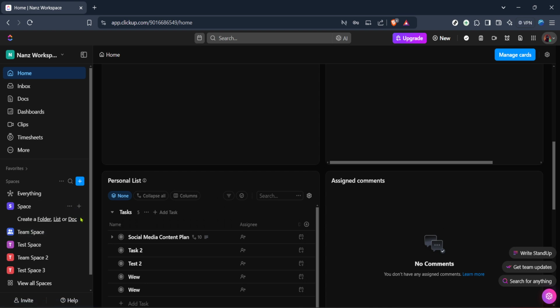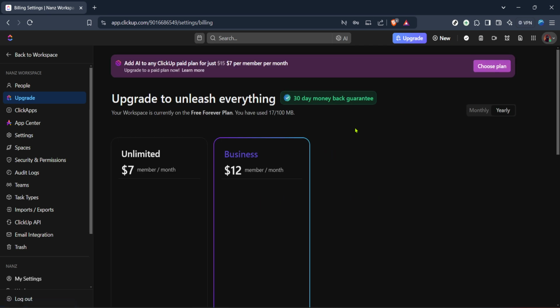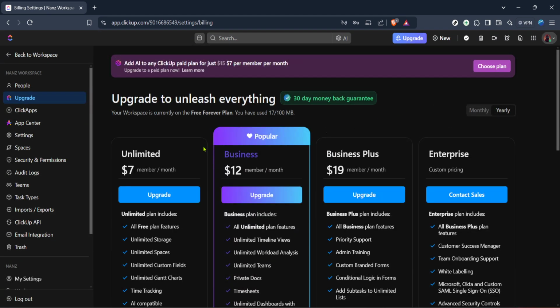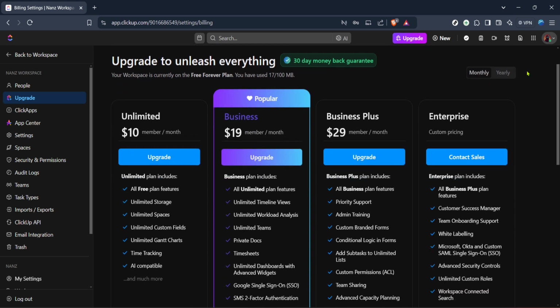With a successful login, your next task is to locate the option to upgrade your ClickUp account. This is typically a prominent feature within your workspace's homepage, often presented in an easily identifiable manner. Once you've found the upgrade button, give it a click. This step is crucial because ClickUp's upgraded plans offer a myriad of additional features that are not available in free versions. Clicking upgrade will navigate you to the billing section where all the available plans are presented.